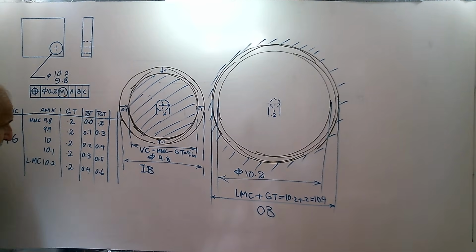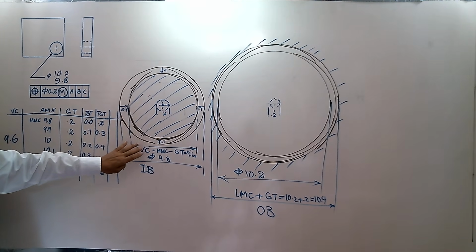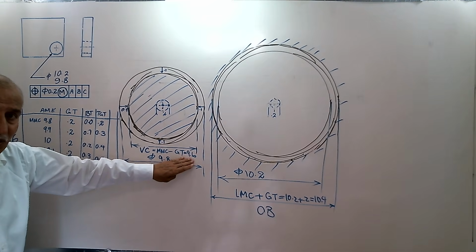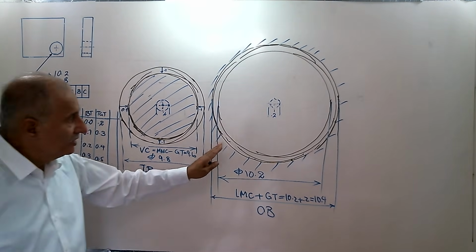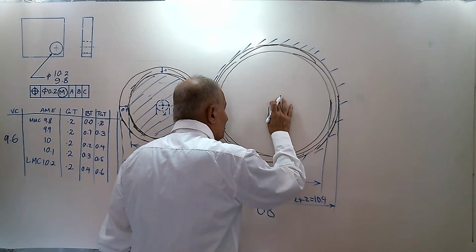Let's go for the outer. Okay, that's the important part in this modifier. We are worried about this size, and we make sure that we have 9.6 as the smallest size for the hole, with the actual corrected error being 9.6. Let's consider where it is at LMC. You produce it with, instead of point two error,